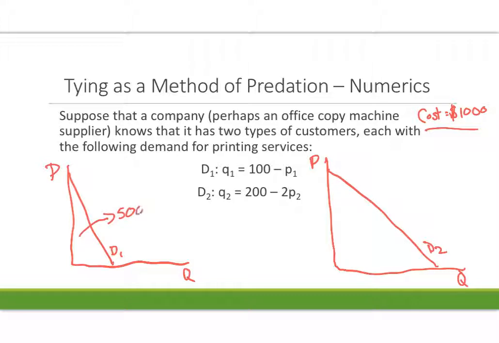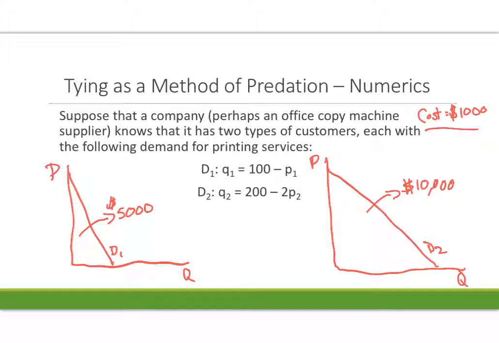Okay, so if we calculate consumer surplus, this type of customer has 5,000 in consumer surplus. This customer has 10,000 in consumer surplus. So if our firm is trying to decide what price they want to charge, they're going to quickly come down to making a choice. They can either charge a price of 5,000 and sell to both of these businesses, in which case they'd make